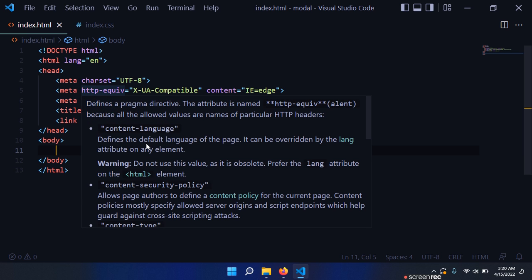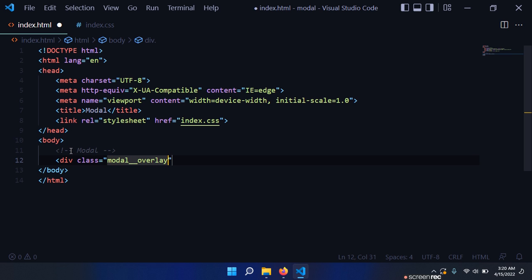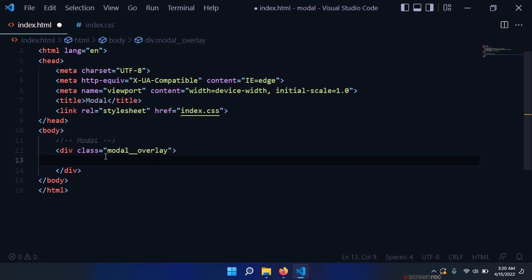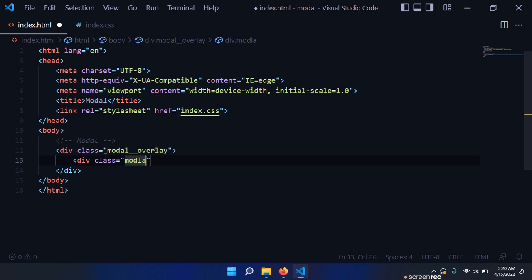For this project, we have two files, index.html and index.css. My CSS file is linked right here, and let's start with the HTML. So we need a div with a class of modal overlay, that black background with opacity behind the modal that covers the whole content of our page. And then we need another div with a class of modal,